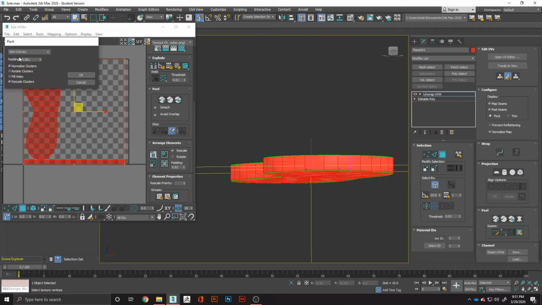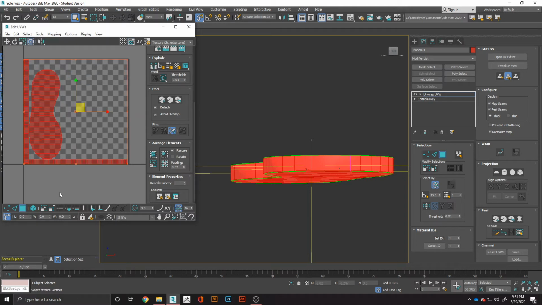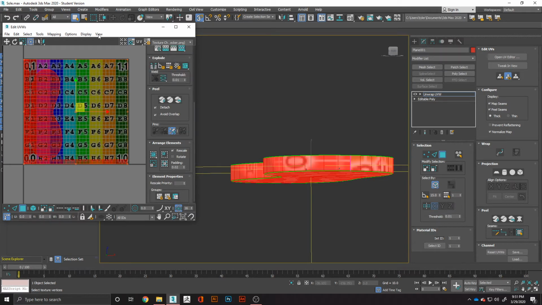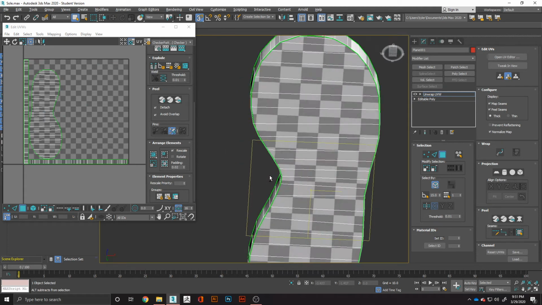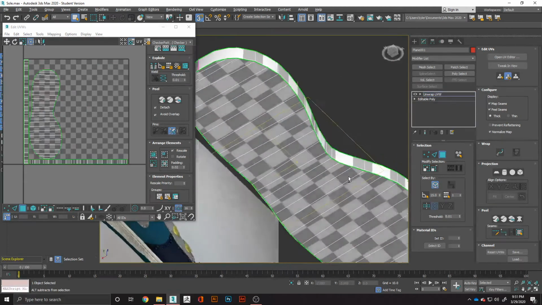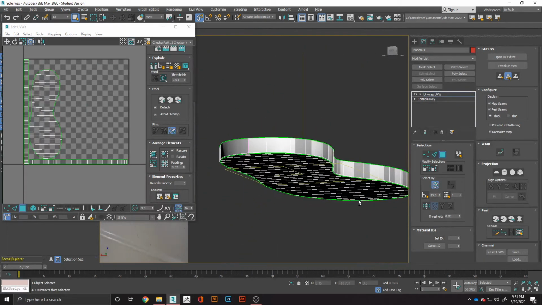I'm going to go to Pack Custom, because that's how I like to pack my items. On Pack Custom, I like to do non-convex padding, just 0.01, and then check mark everything. So I'll just pack everything nice and tight. And if you want to see how it looks, you can check that right there. So you can see our checker pattern is nice and squared, and it's even, so it's going to look